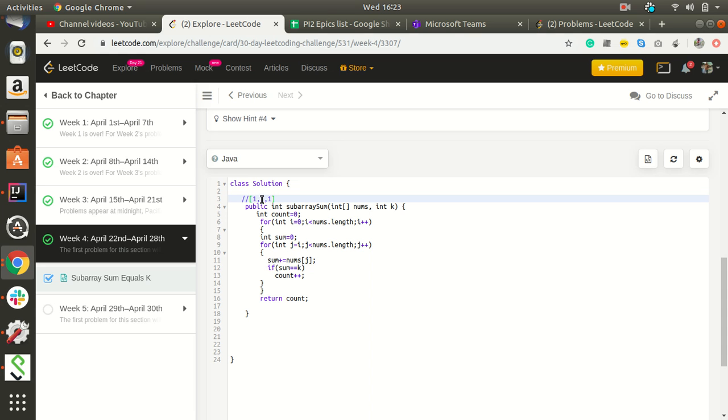Now it will go for the second iteration. In the second iteration it will check sum plus 1 will be 1. Again it will come for this, it will become 2, and it will increment the count. Now the count is 2. For the third element, only one element is there, which is sum plus 1. Only one is there, so 1 is not equal to k, so it will not get incremented. So the result will be 2, and it will be returned.